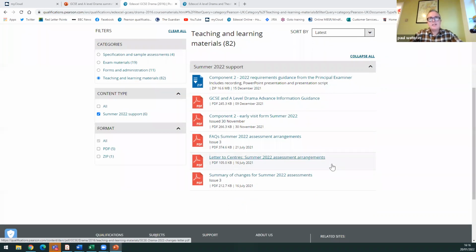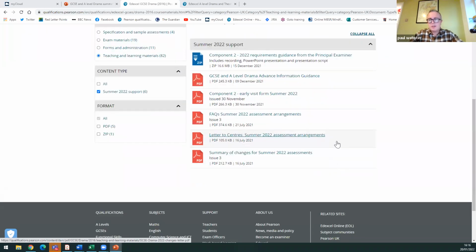There's a letter to centres from the autumn term, which covers the fact that we were confirming we were going to be using the adaptations this year. And then finally, if you haven't seen this guidance document, this is a very useful one, because this is the summary of changes for components 1 and 2. And this clarifies that, for example, students can use monologues or duologues within component 1, that they only need to do 1 extract rather than 2 for component 2.